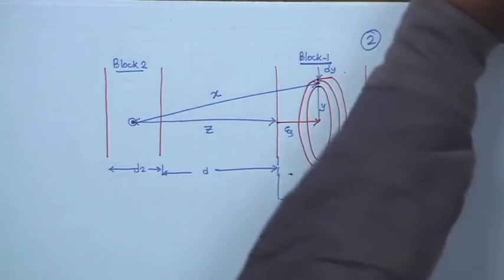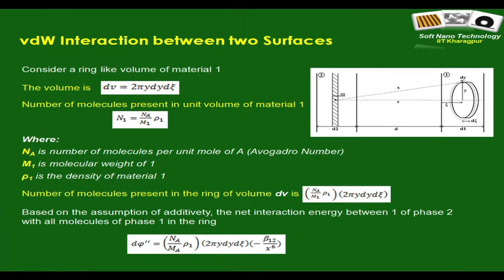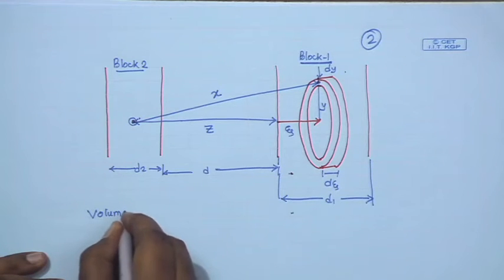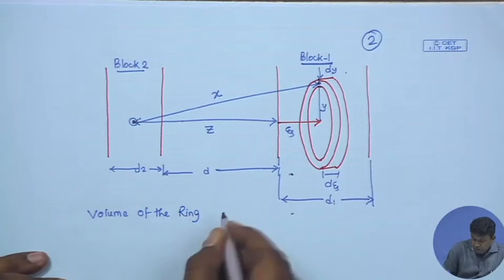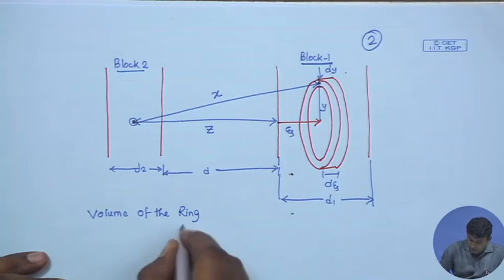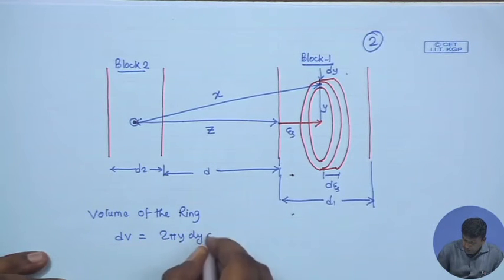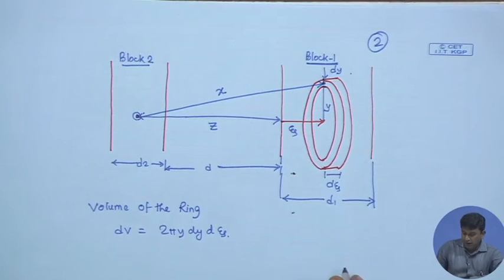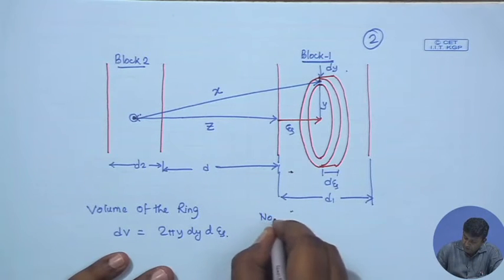Okay. So, now let us see what we can do. So, consider the ring. What is the volume of the ring? It is a ring, not the rim. The volume of the ring is dV, it is 2 pi y dy into d zeta. Now, what is the number of molecules present within this ring? So, let us find out the number of molecules